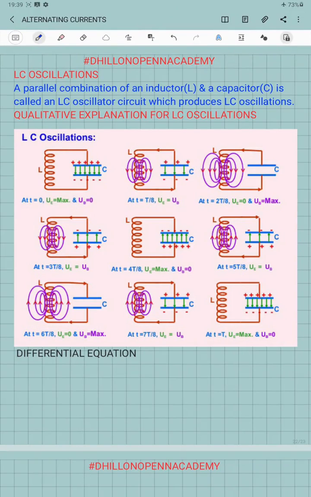Welcome to the next part. Now we are discussing the LC oscillations. A parallel combination of an inductor and a capacitor